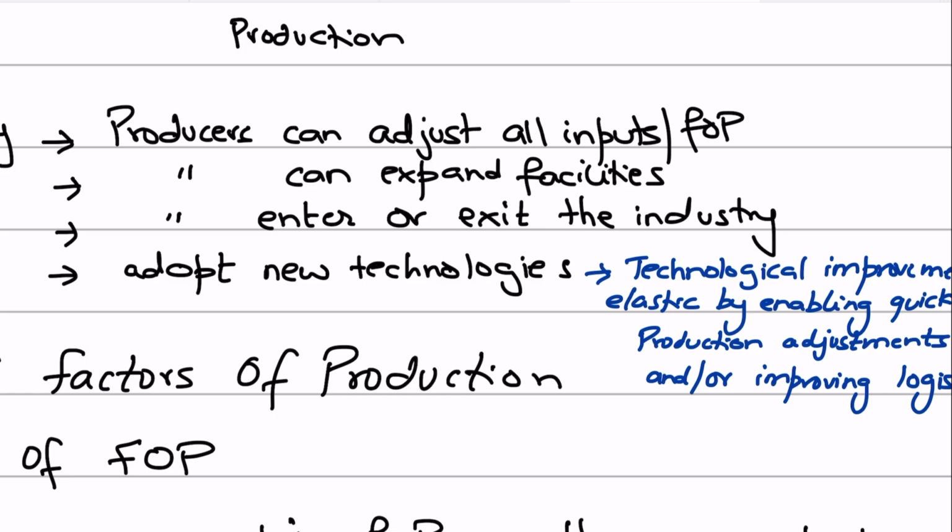And one thing that most of the students will end up missing is the third point, which says in the long run firms could either enter the industry or exit the industry. देखिए, मैं आपको एक चीज बताऊं कि these entry and exit decisions are made in the long run. Whether you want to enter an industry or exit from that industry, these are made in the long run. And that is again something that makes supply elastic. And I'll tell you why.